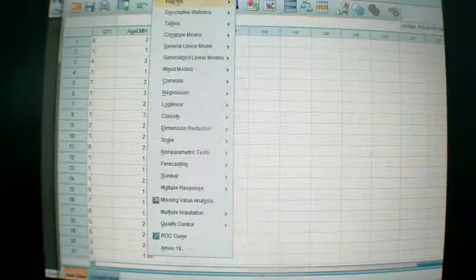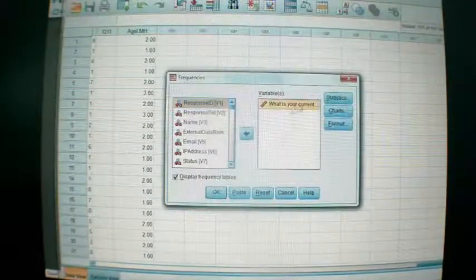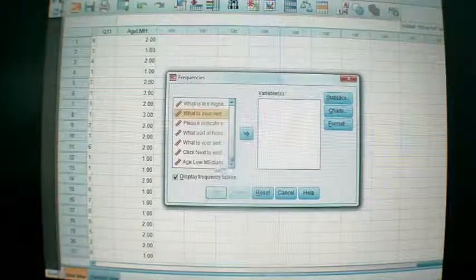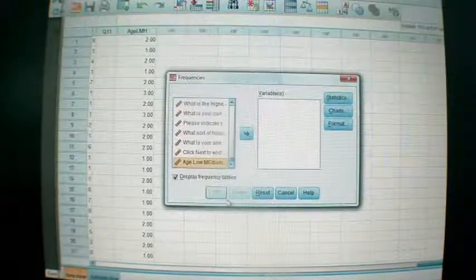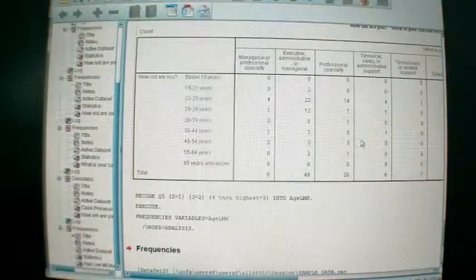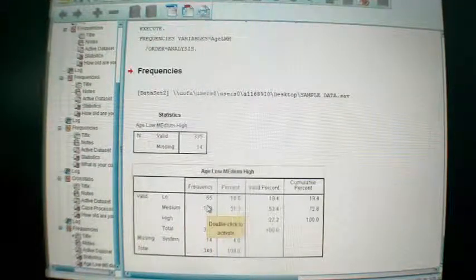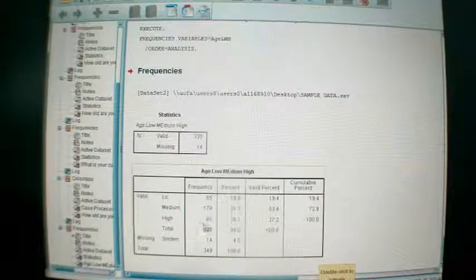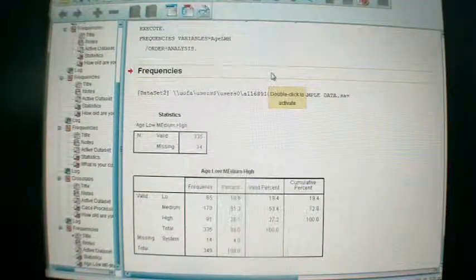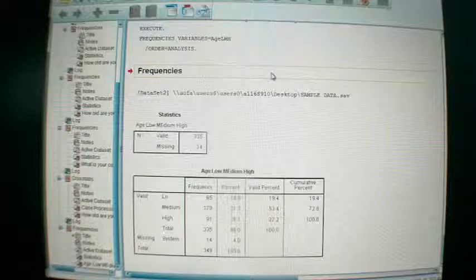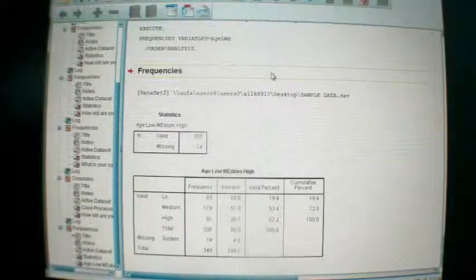Okay. If I do an analyze, descriptives, frequencies, age LMH, it'll run me a frequency table that says low, 65 lows, medium, 179 mediums. Okay, it's a bit clumpy still, isn't it? But you know, we're making the variable as good as we can. High, at least we've got 91 in there. So we've turned that clumsy age variable that's got a long tail and we can't make any sense of. At least we can change that clumsy age variable into something